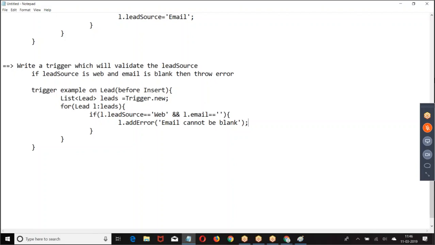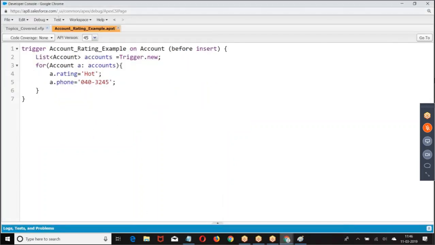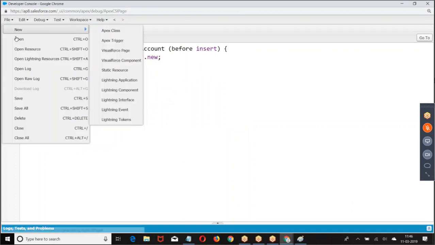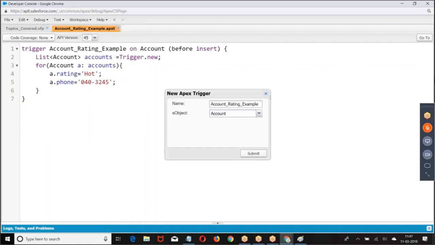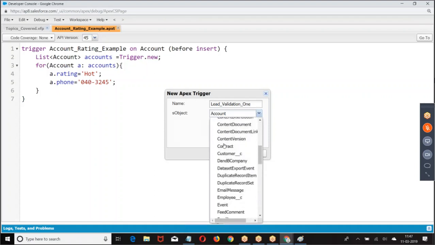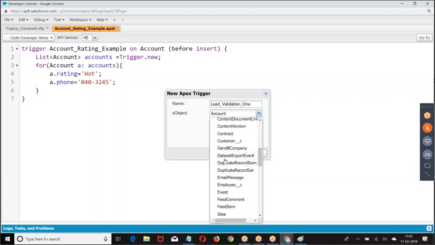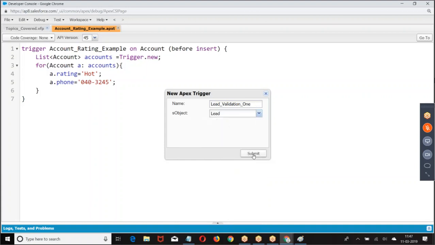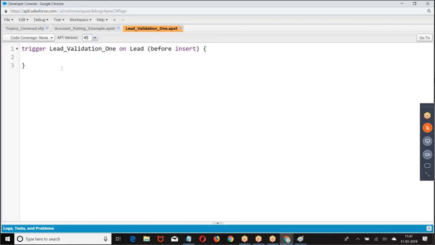Let us see this example. File, new, Apex trigger. What is the object you are choosing? Then list of lead.